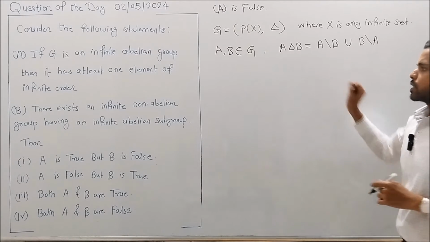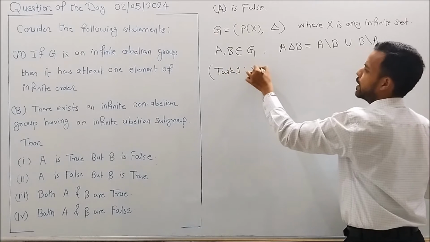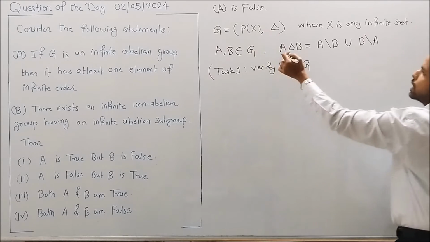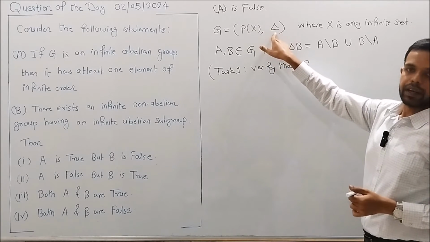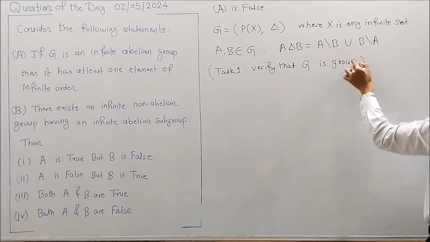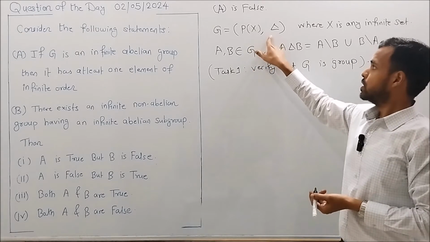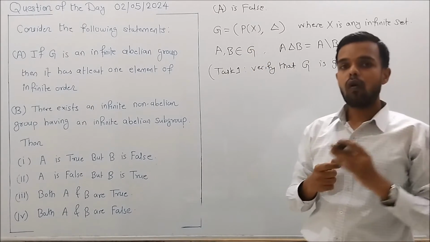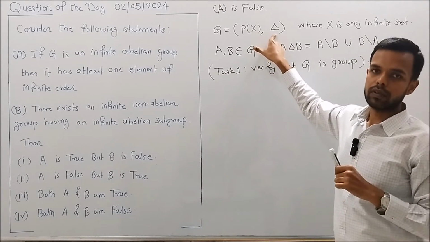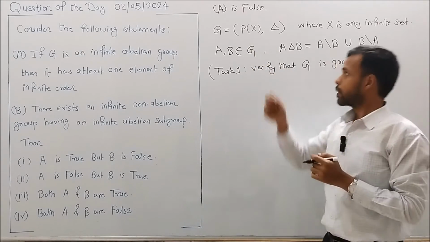Now, I will give one task. Task first: verify that the set G with operation symmetric difference is a group. You need to verify whether the set G satisfies all four group axioms with respect to this operation or not. That means you need to verify whether G is closed with respect to this operation,